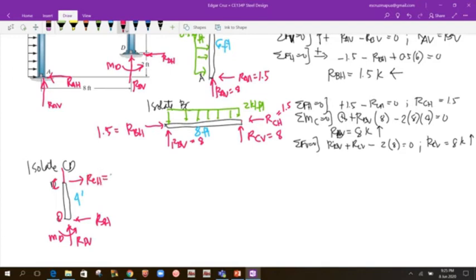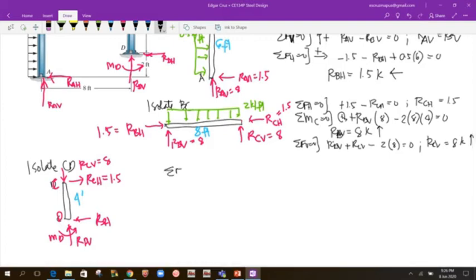RCH, and nasolve na natin yan as 1.5. Tapos yung sa taas, yung RCV, nakuha natin 8 kips na pataas. So magiging pababa naman to. Okay, so if we apply statics here,